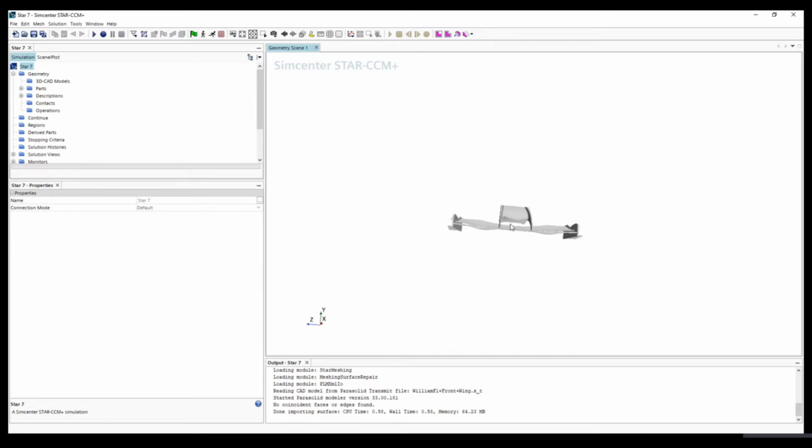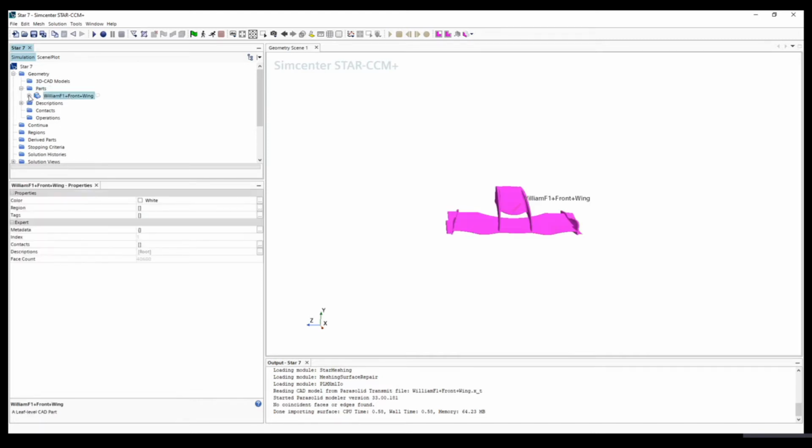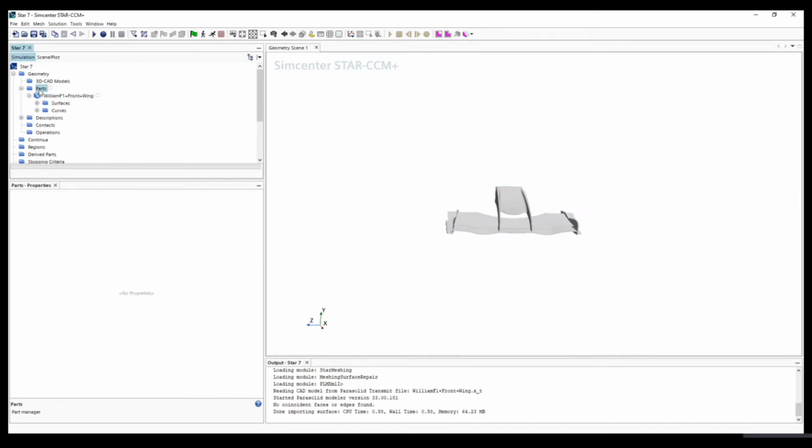And because you can see now the front wing is symmetric towards its central plane, in the simulation we're going to just simulate half of it. Okay, so the next step is to generate a block as a wind tunnel. So what we can do is in parts. So click parts, and we can see this geometry, front wing, and we go back to parts, right click, and new part shape. We are generating a block wrapping around this